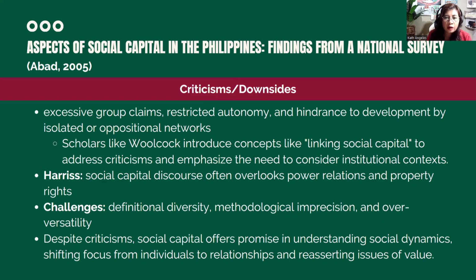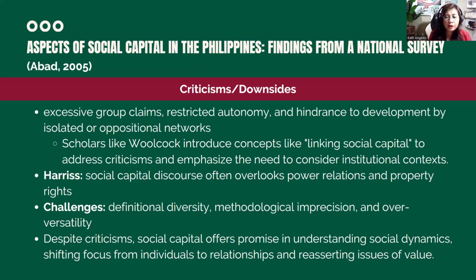However, of course, there are criticisms and downsides mentioned about social capital. First, they believe that social capital has excessive group claims, restricted autonomy, and hindrance to development by isolated and oppositional networks. So scholars like Woolcock introduced concepts like linking social capital, which aims to address criticism and emphasize the need to consider institutional contexts, as it can vary from one institution to another. Another critique, Harris, believed that social capital discourse often overlooks power relations and property rights. Among other challenges mentioned in the paper are definitional diversity, methodological imprecision, and